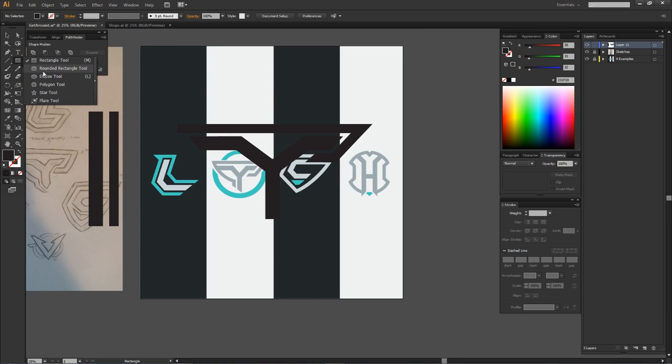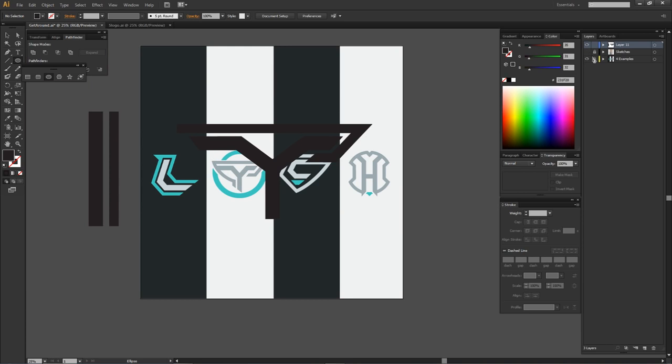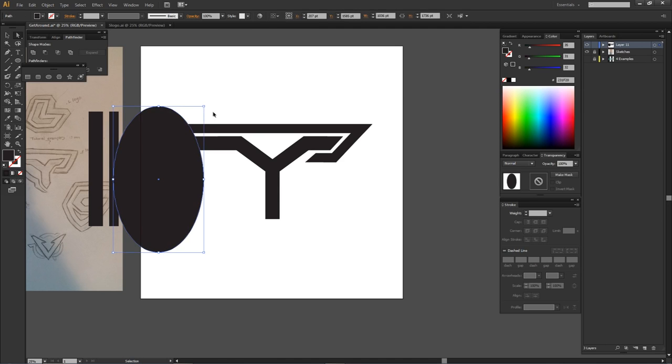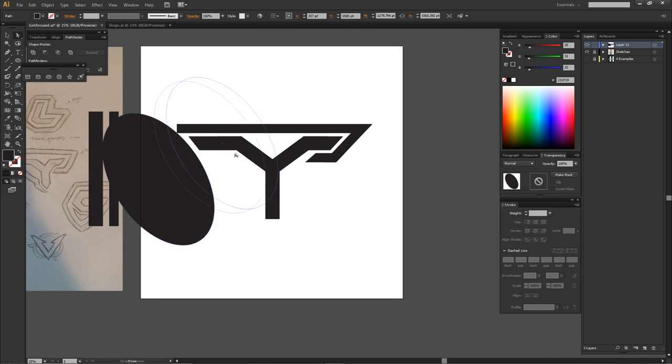So basically, it's the circle of the rectangle thing here. If I just get rid of this really quickly, I'm going to show you guys how to do this part right here. Okay, so first off, I'm going to start with the little ellipse here. I want to get the same exact kind of